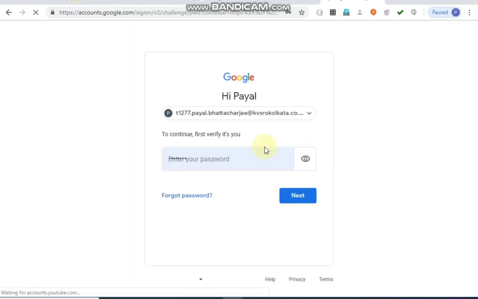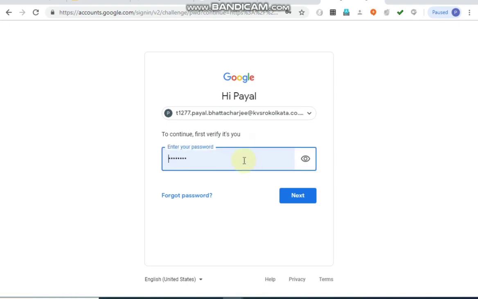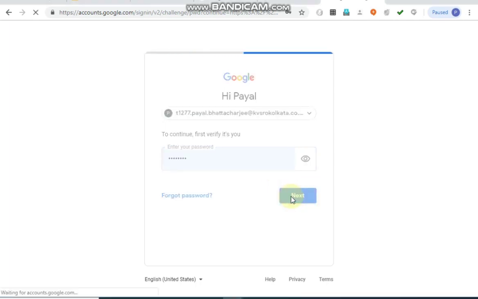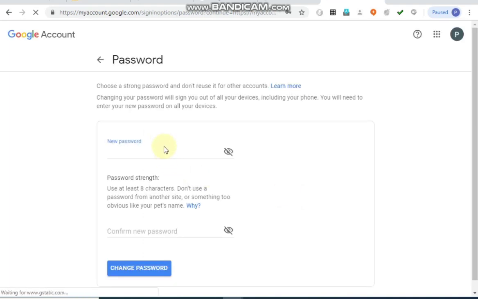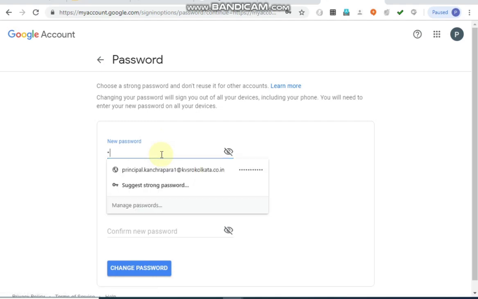Clicking here on the password, enter your password. You have to first verify that it's you, so you have to give the old password, whatever is here. I will click on next. Whatever was there earlier, and now you have to give the new password.